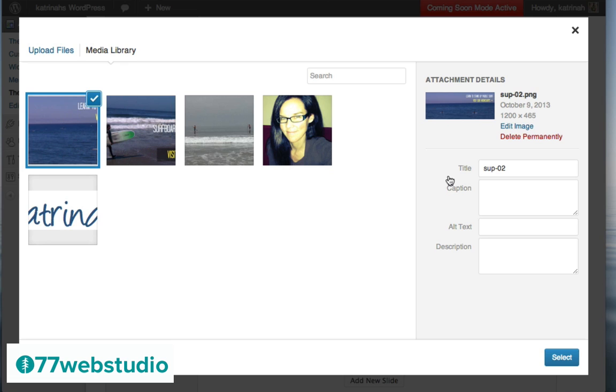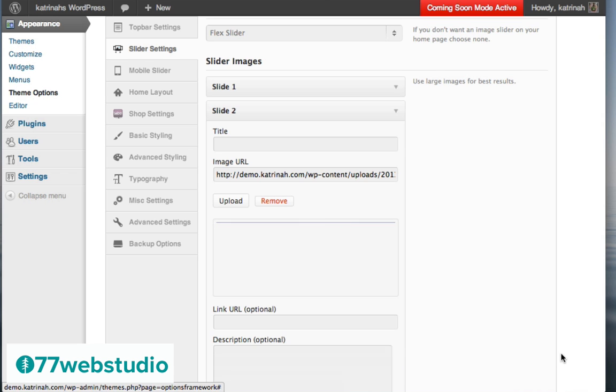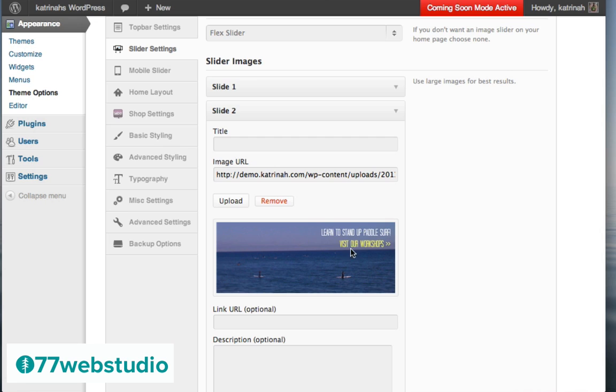And as we did in the previous step, once the image has been uploaded, we need to add a title and an alternative text. So I'll just add that right here. And once we have the title and the alternative text added, then we can click on Select to select this image. Just as in the previous example, this image also includes text within the image, so I'm not going to add a title, but if you'd like to do so, please do so right here.